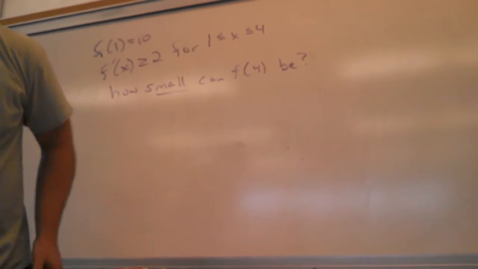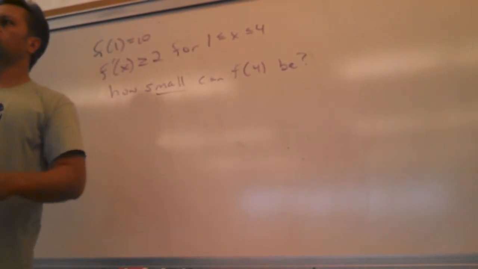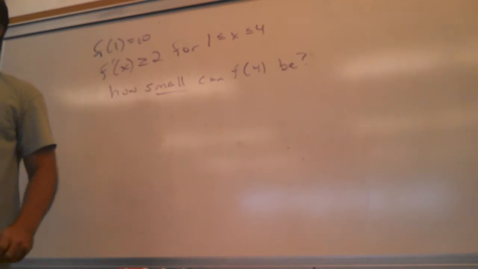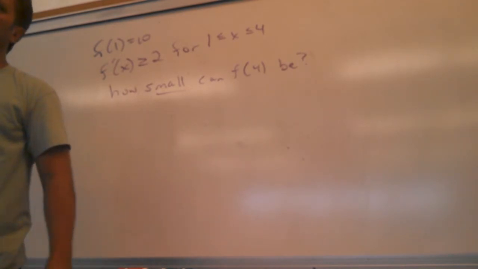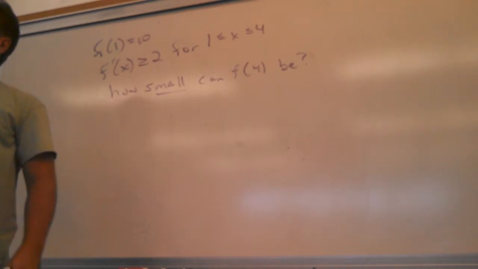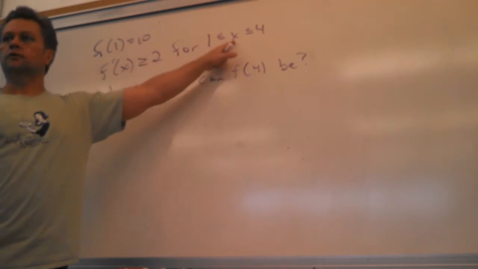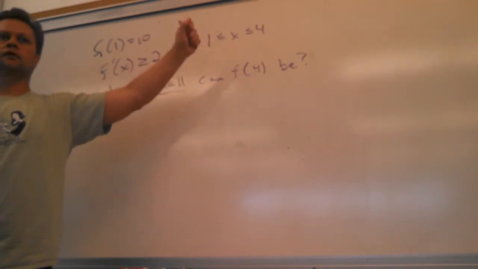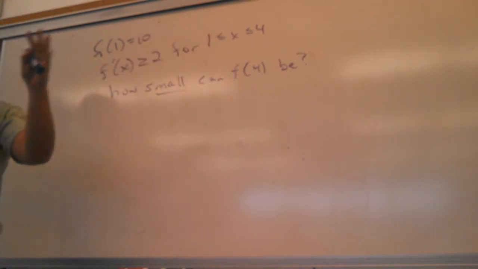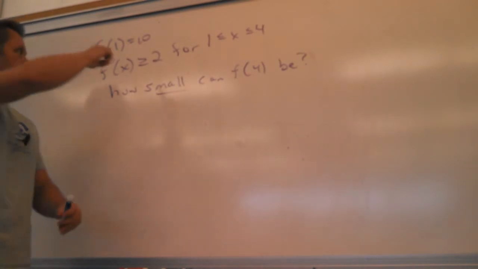So why would the mean value theorem possibly work? What has to happen in order for the mean value theorem to be guaranteed to work? What must happen? Continuous and differentiable. This tells me what? Your slope is 2. But be less specific. Related to what the mean value theorem needs to be true. It's differentiable